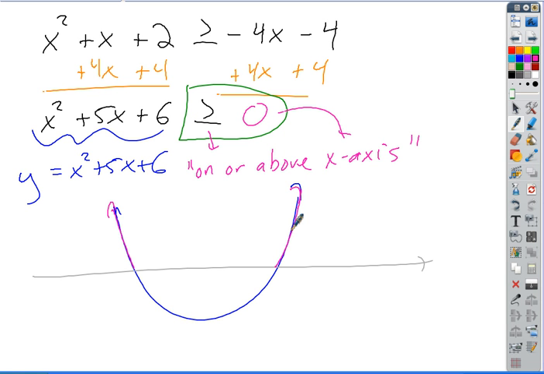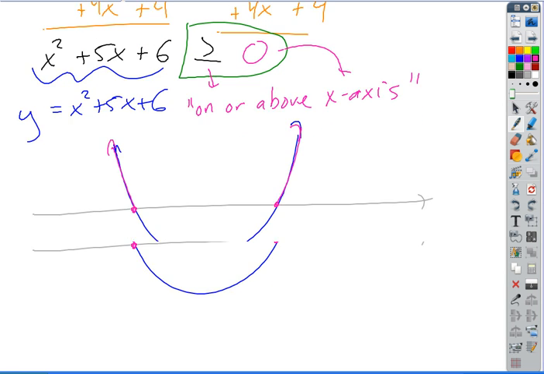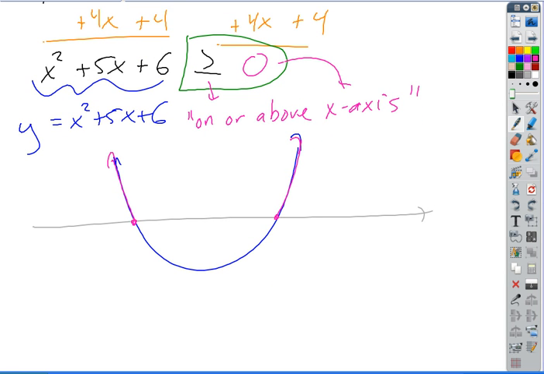And he's on right there and right there. Make sense? Yep. So all I've got to do then, I can see graphically where that happens. I just want the x values that make that true. Well, all that stuff's going to be happening. The y values are going to be on or above when the x values